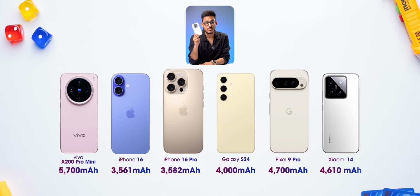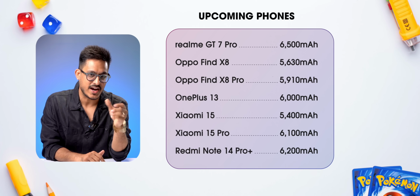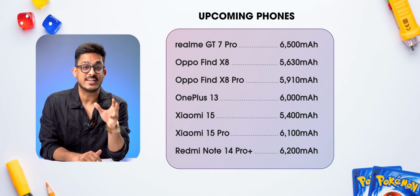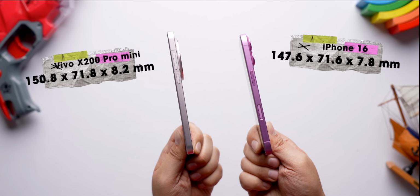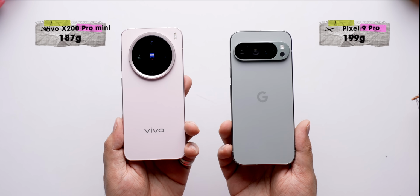What surprises me the most is that this compact phone packs a 5700 mAh battery. I mean, we are so used to smaller batteries in compact phones that this almost feels like a typo, but it's not. Actually, smartphone companies have started using higher density batteries, so bigger batteries will become normal in 2025, except for iPhones. Also, when I compared the X200 Pro Mini with other compact phones, it's just slightly thicker and taller compared to the iPhone 16 and the S24, but it's slimmer and lightweight compared to the Pixel 9